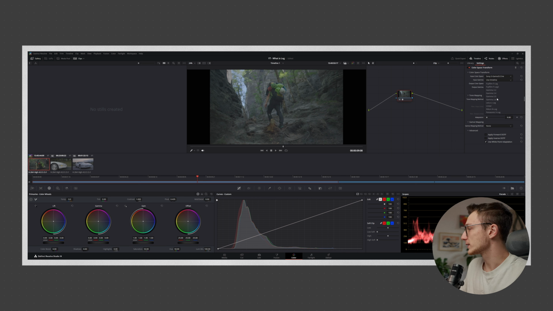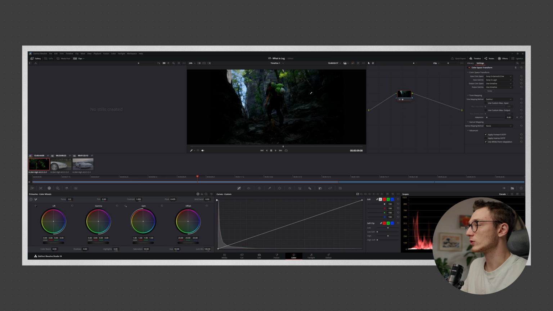The input gamma was S-Log3. You also have S-Log2 and all these others of Canon and Blackmagic and something else. We put in S-Log3 because that's the gamma I shot it in, and it turns out black. That's normal sometimes,